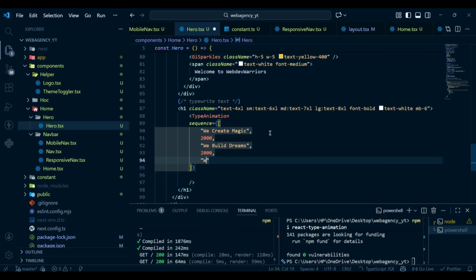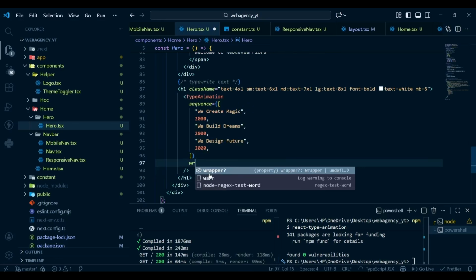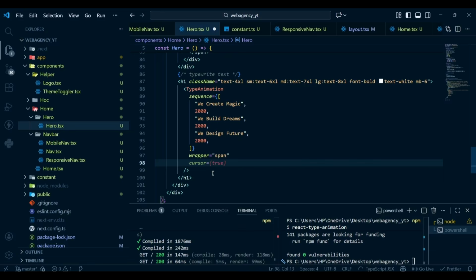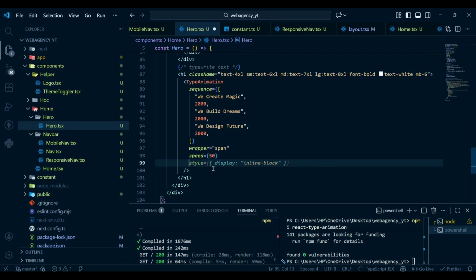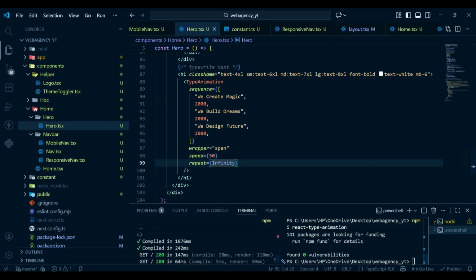Then "We design future", and here we're going to use 2000. That's it. Then after the sequence we're going to use the wrapper, which will be span, and then the speed will be 50, and then repeat will be Infinity. So now if I hit save and go to our project,